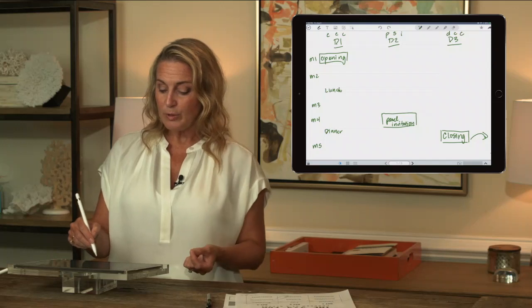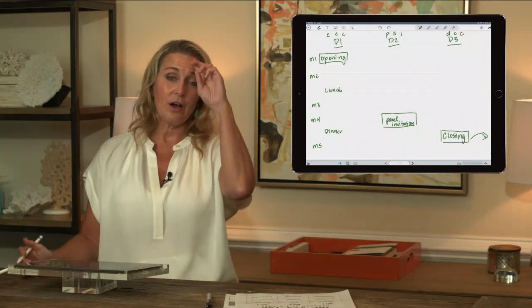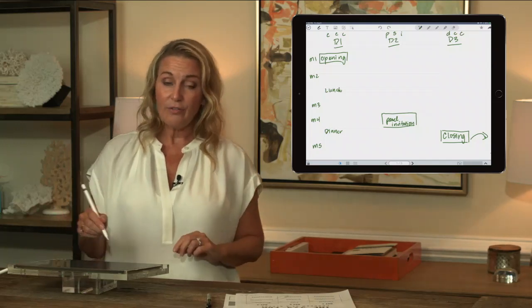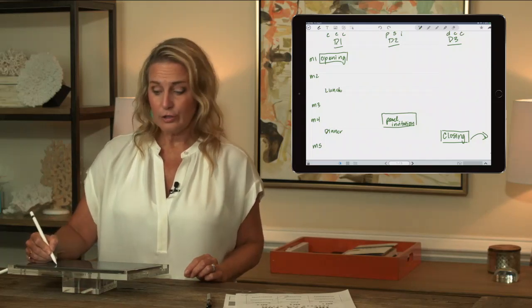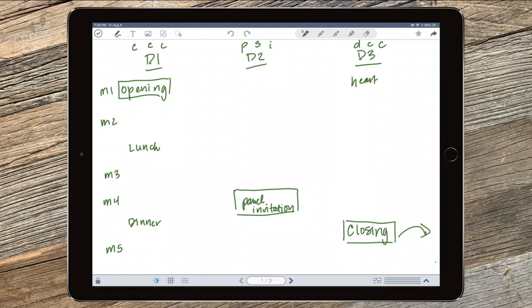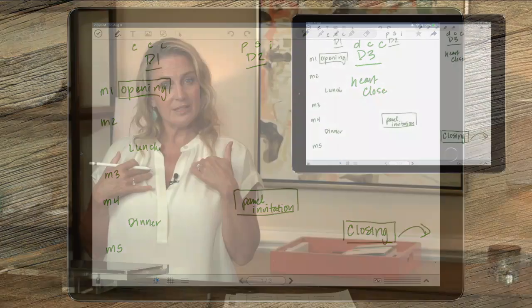I'm going to talk a little bit more about the mechanics of why I think the offer works there and why I think the offer is actually not as important as the heart close. So for those of you who are launchers, think of heart close like cart close, only it's with your heart.